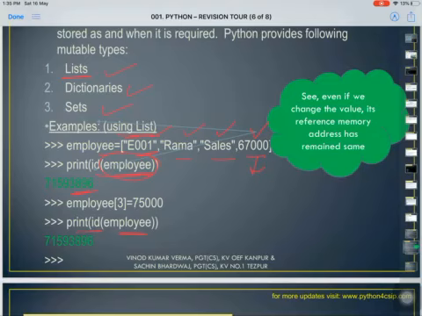Will it give a different ID? No, it gives the same ID as earlier, 3896 and 3896. So lists are mutable because we can change the value at their location, that is why the values get changed at the same memory location.